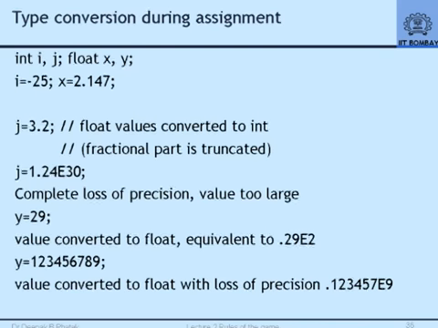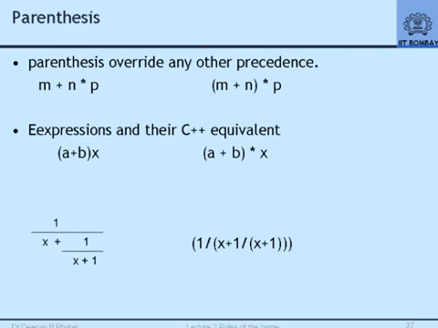The notion of type conversion, the notion of parenthesis, all of you are familiar with it. So, parenthesis will override any priority that you might have to any operation. But even with all this, how do you write an expression for this complicated mathematical formulation that is written at the bottom of this slide? 1 upon x plus 1 upon x plus 1. How do you write it correctly? So, this is something that you need to practice.